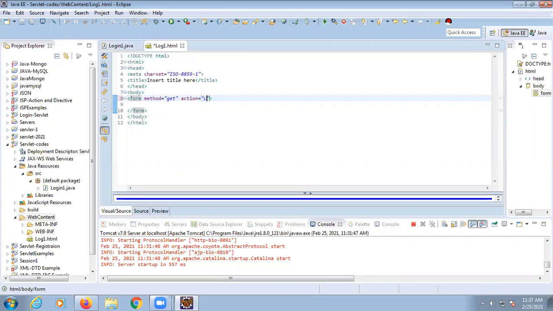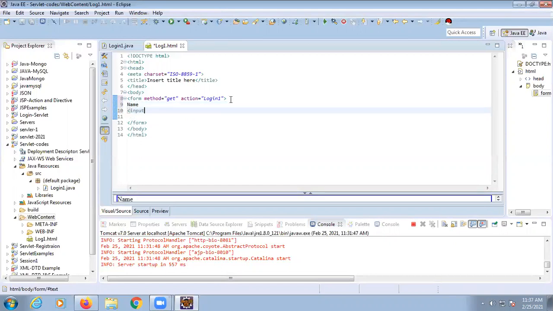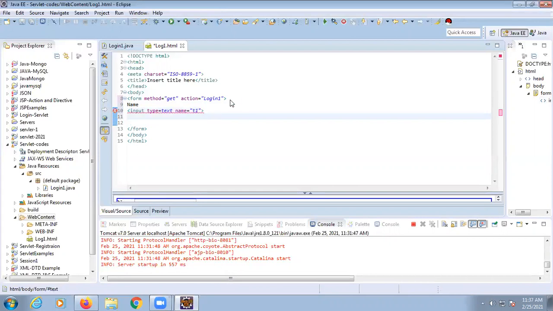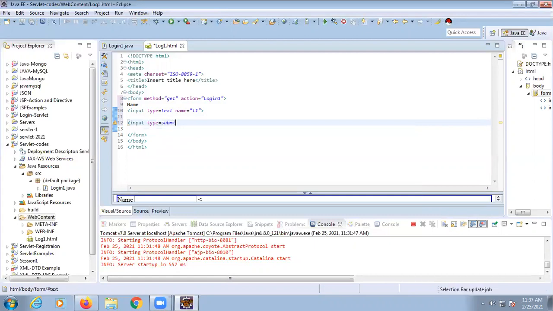So in double quotes I will use login1, but don't give .java, just the name of the file. And here suppose I have entered a name, with input type equal to text, and instead of ID here we have to use name equal to, suppose I have given the name as T1, and then use a button like input type equal to submit and value equal to